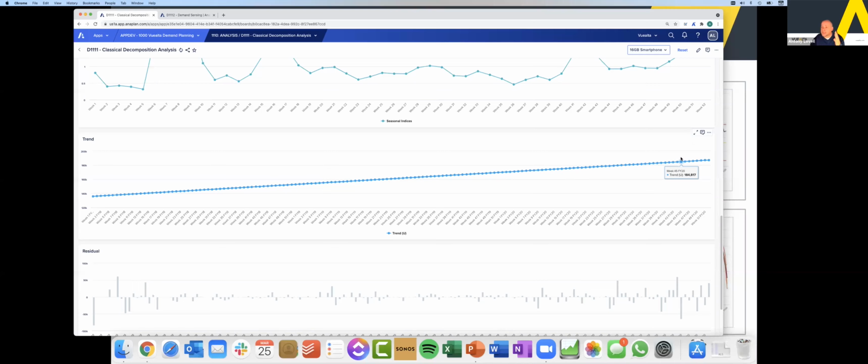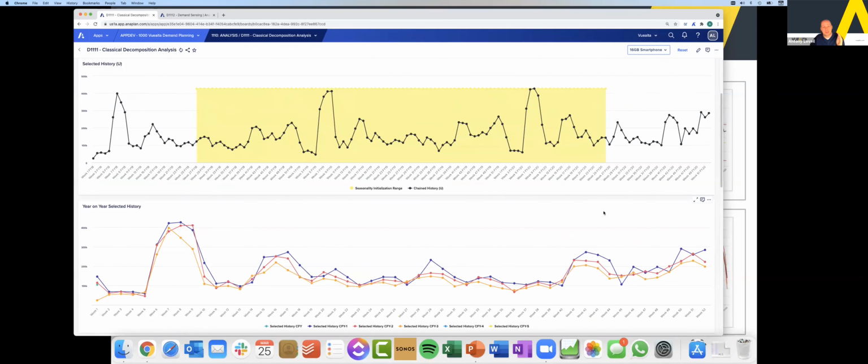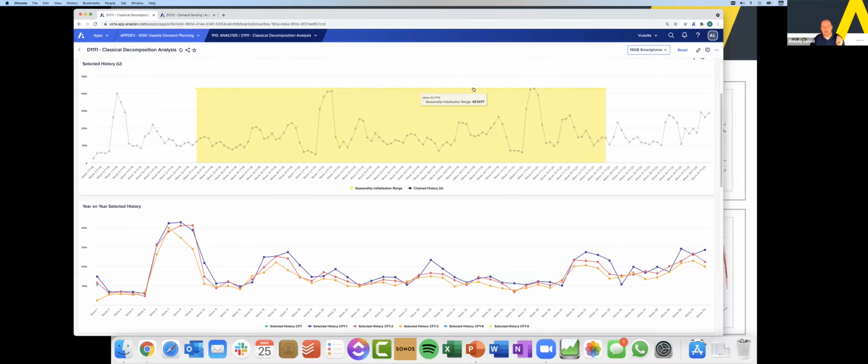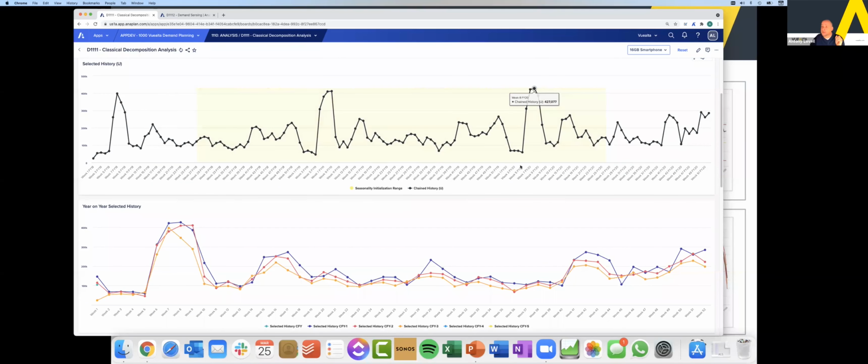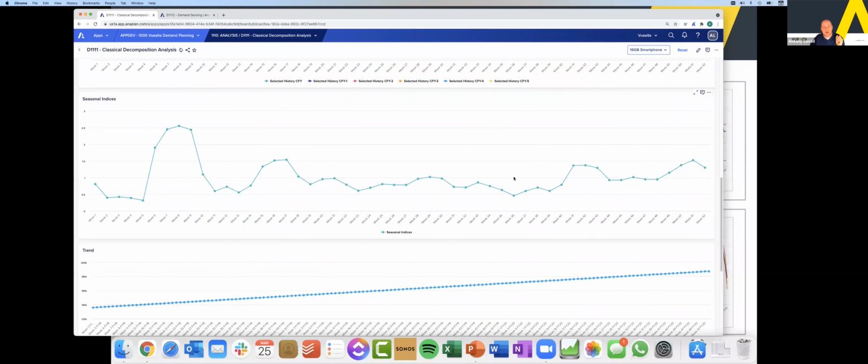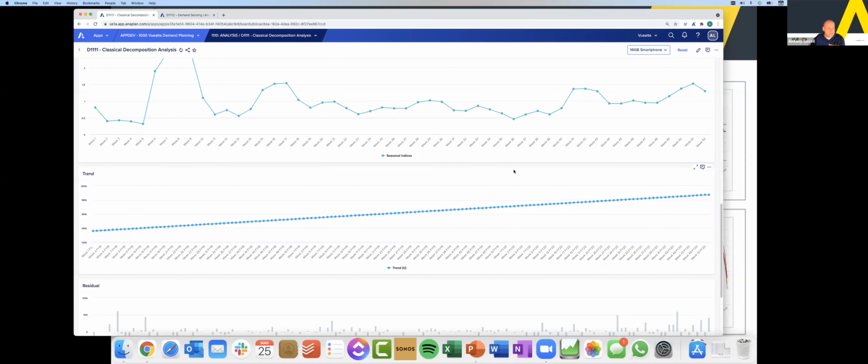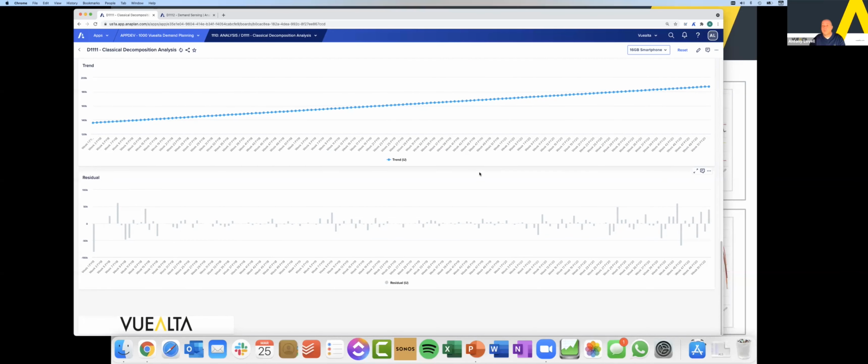What's really important is that because this is such a seasonal product, if I go back up to the pure history, it's not really that noticeable that there's an underlying trend going on in this product. But once I've removed the seasonality, I can see there's a very slight underlying trend. Well, it's not that slight, it's a significant underlying trend even. And then once the system has removed both of these from the data set, you're left with the residual, which is the variability that can't be explained by trend and seasonality. Traditionally, this is what we've been left with.